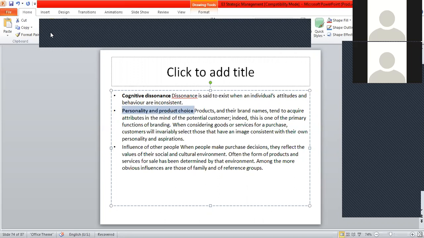Maybe the customers can be served. So when considering goods or services for a purchase, customers will invariably select those that have an image consistent with their own personality and aspirations. So that again has to be taken into consideration. After that, we have